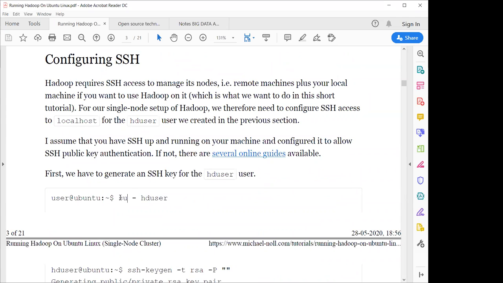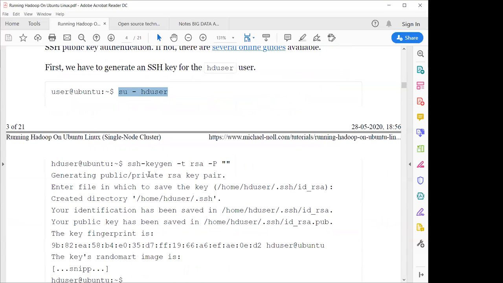This command basically transfers your user identity. Suppose your user Mansi is running on your own system. Now if you type this command, the user will be changed. Now your user will be the SD user, apart from your own user. Now this command is generating the SSH key.